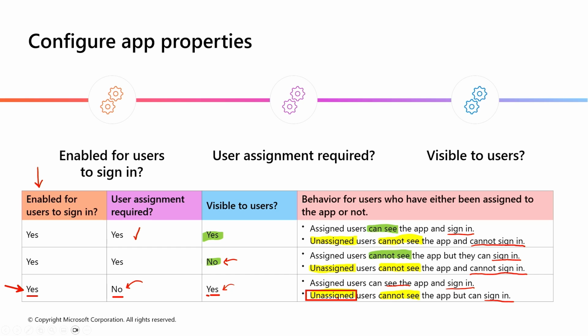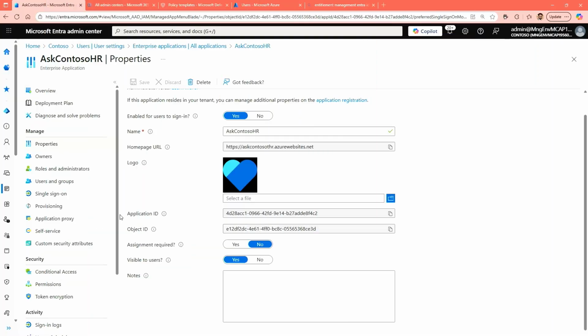So unassigned users will never see the app, even if you've enabled it. That's something good to bear in mind when you're configuring these in your environment. So let's jump back into the portal, and all I'm going to do is look at one of the menus